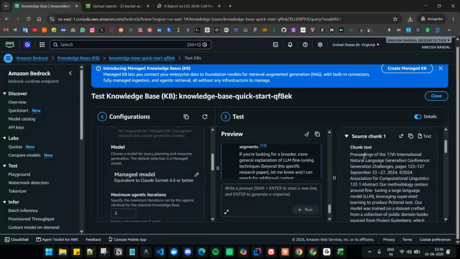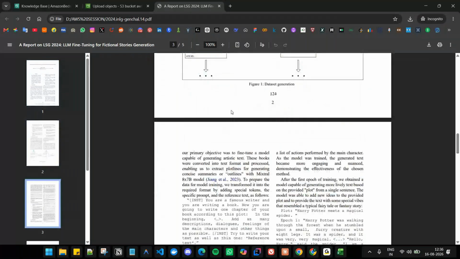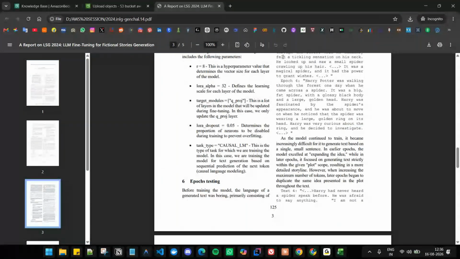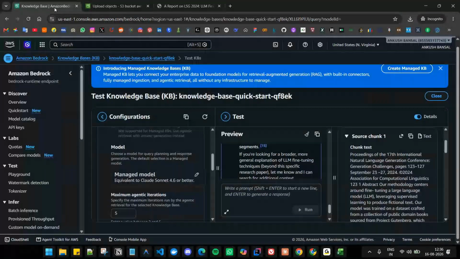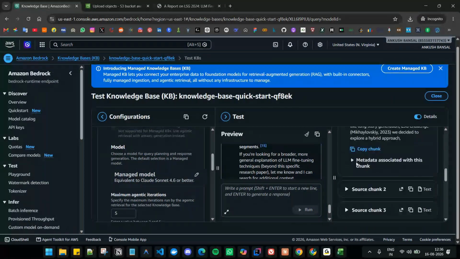Proceedings of the 17th International Natural Language Generation Conference. So it has read every little chunk from this PDF, and then it chose to search from each chunk one by one. Okay,